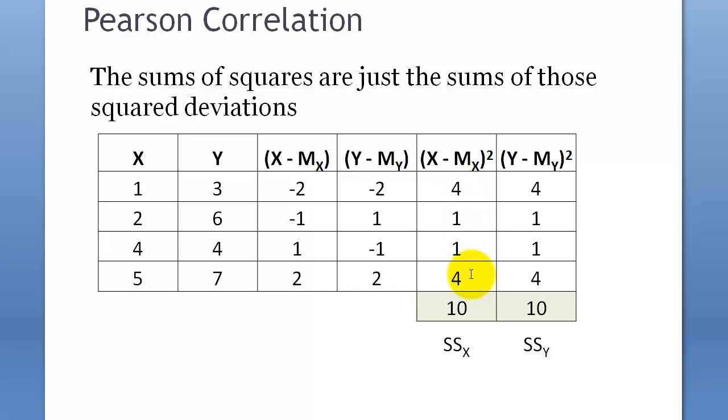Basically then this number and this number, turning into a square root and getting rid of the positive and negative numbers,